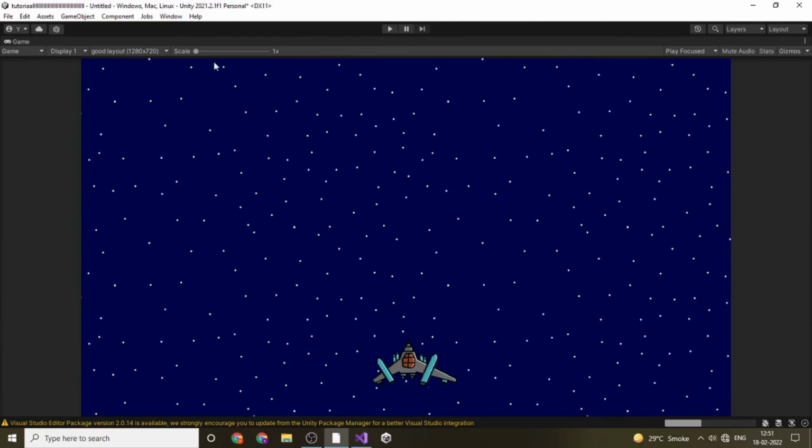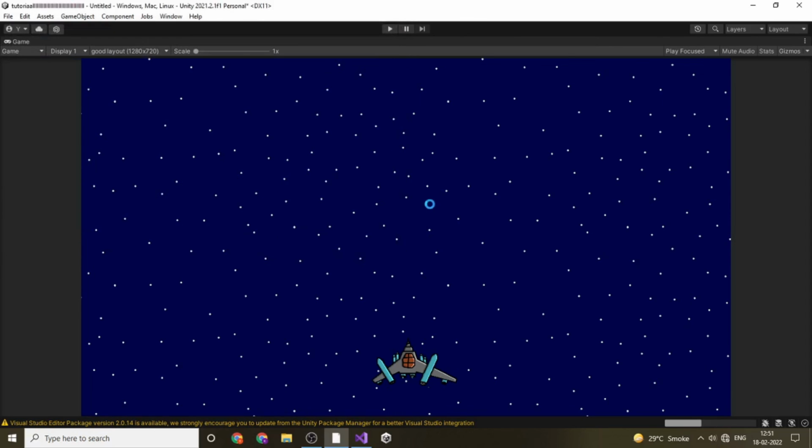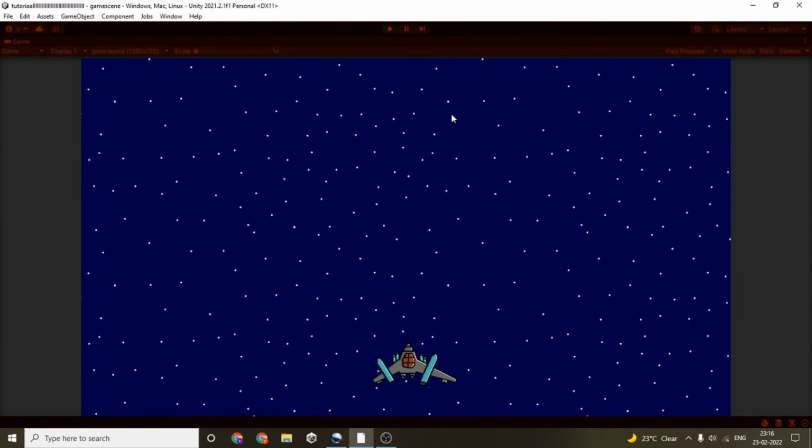So now if we double click on the game view, we can first save this. So we are going to call this game scene, and we will save it, and now we can play this. Yes, as you can see it is working, and I'm using a controller, so this has full controller support. You can even use keyboard and mouse. Yeah. So anyways, that was it for this tutorial. I will see you guys in the next